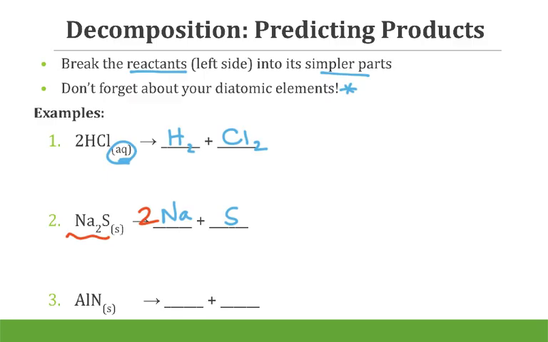AlN. So Al, again, looking for our capital letters to know where we're splitting. We're going to have aluminum and nitrogen. Aluminum is a metal. No metals are diatomic, but then we need to look at nitrogen. Is that diatomic? Going to your periodic table, and yes, nitrogen is diatomic. So then AlN is going to break up into Al plus N2. In order to balance, now we have 2 nitrogens on the right. So that means I'm going to need 2 of my AlN compound, which then means I would need 2 aluminums